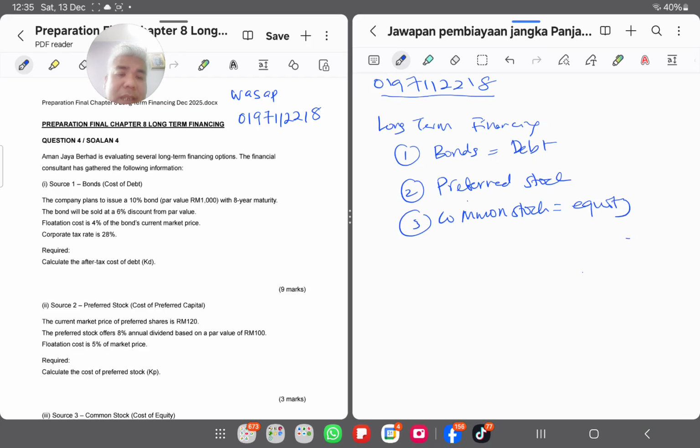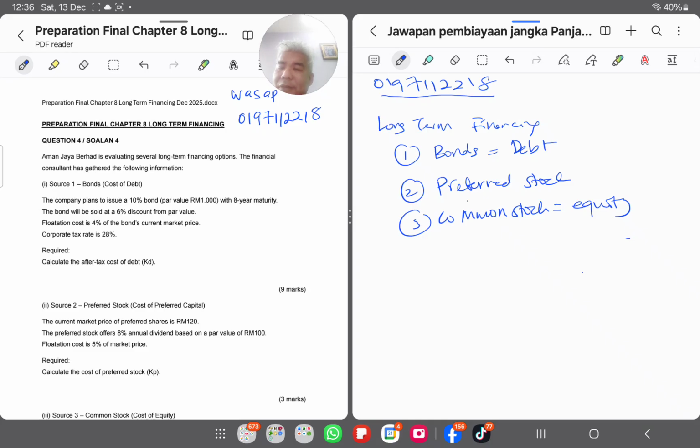This financing or equity is the money required by the company. The company will issue these three types of financing. If you want to sell or issue, there is a cost of financing. So this question refers to the cost of, not evaluations. This cost has its own formula. The first formula